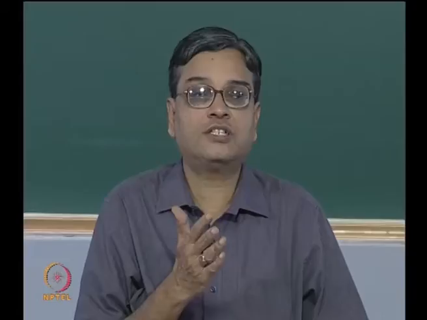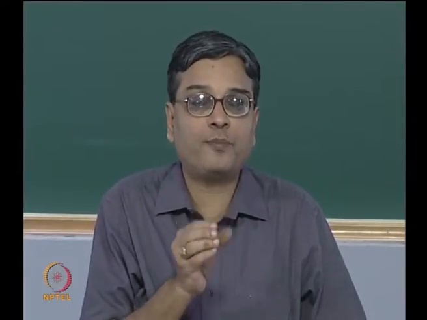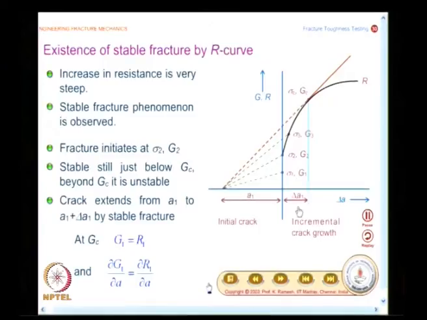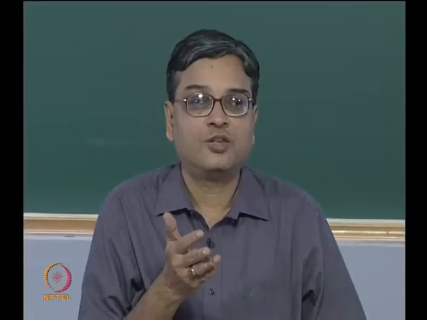So, this is where the question comes. For any panel you need to know what is the fracture strength and what is the critical crack length. The question is, would you report A1 as a critical crack length or A1 plus delta A1 as a critical crack length? If you have not looked at the subtle issues, you will simply say A1 plus delta A1 as a critical crack length, which is wrong. You can't have A1 plus delta A1 as a critical crack length.